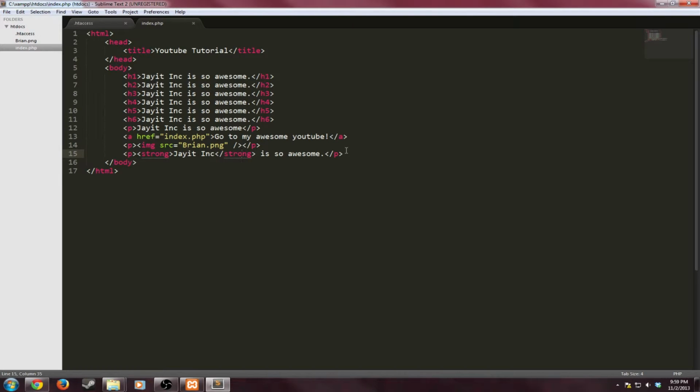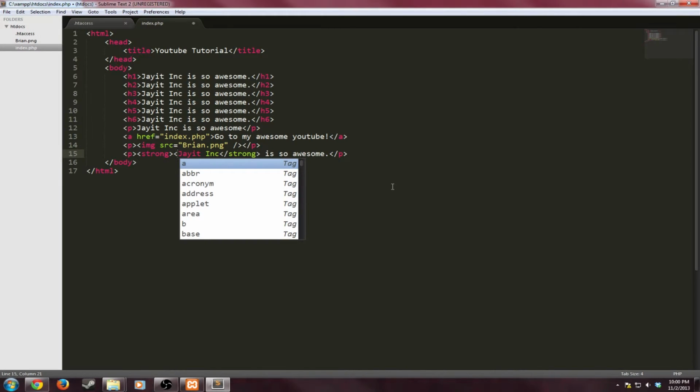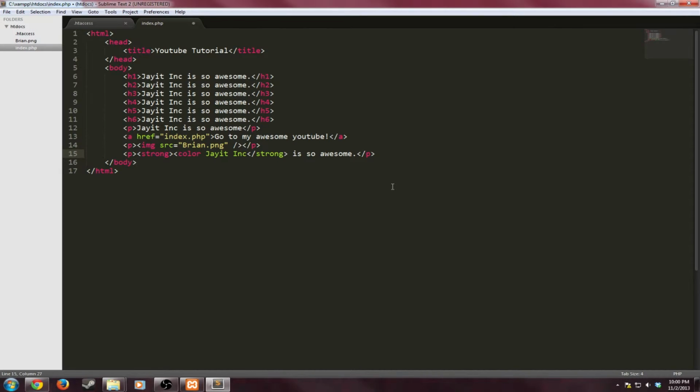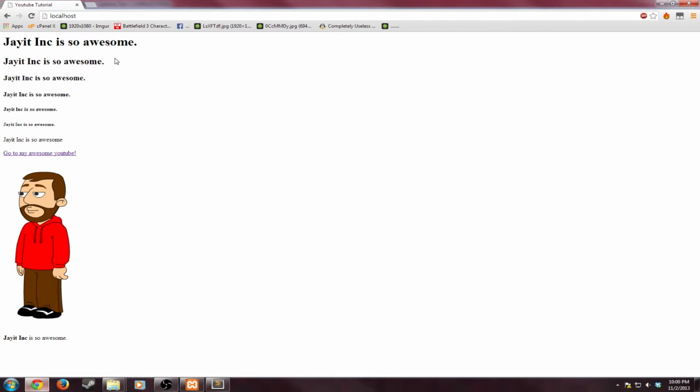Now we're almost at 20 minutes, so I'm going to show you another thing. I'm only going to do it on one word and keep showing you that we can layer this as much as we want. If we use font tags and give it an attribute of color, we can specify a color using, I think, hexadecimal color. I don't know what it's called. But you can use a website like